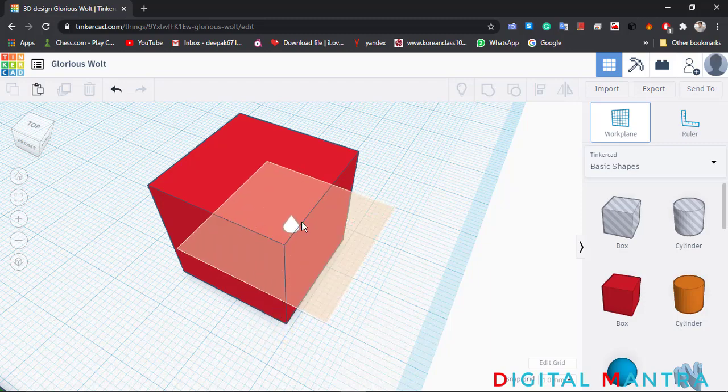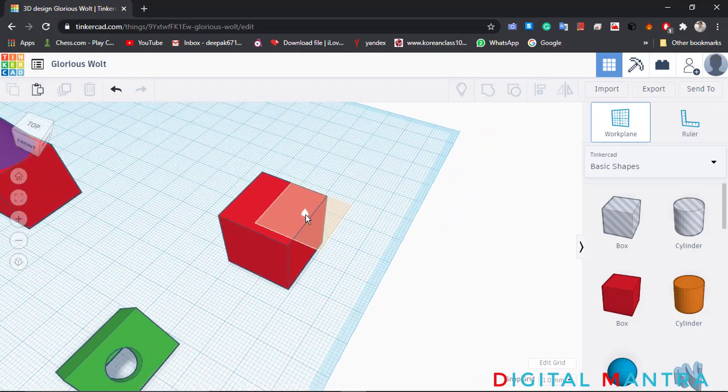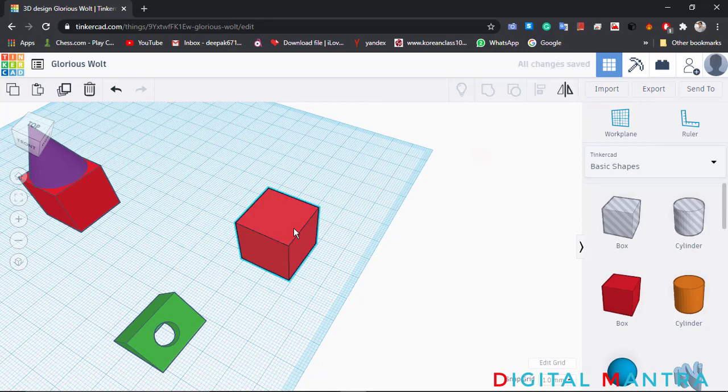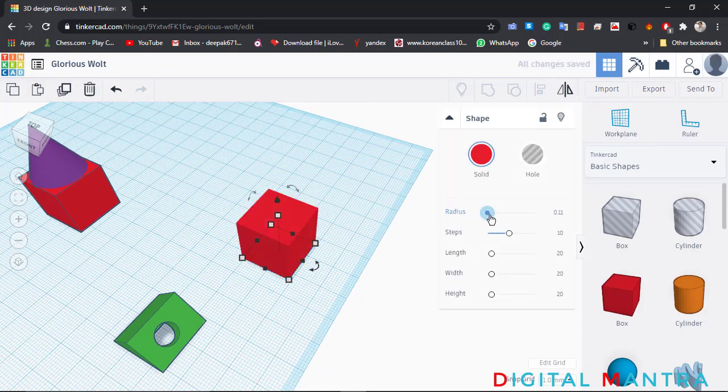Okay, it's not working. I'm sorry, I think what I need to do here is adjust the steps and the radius.